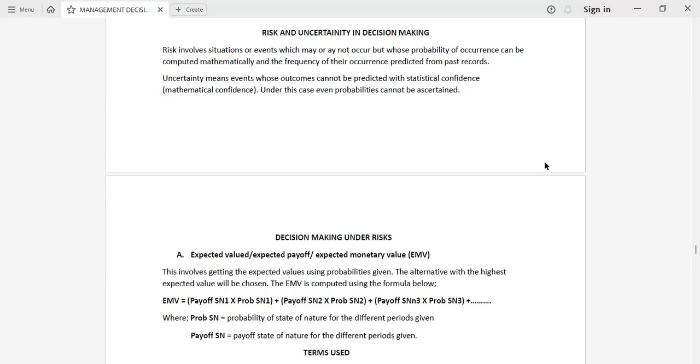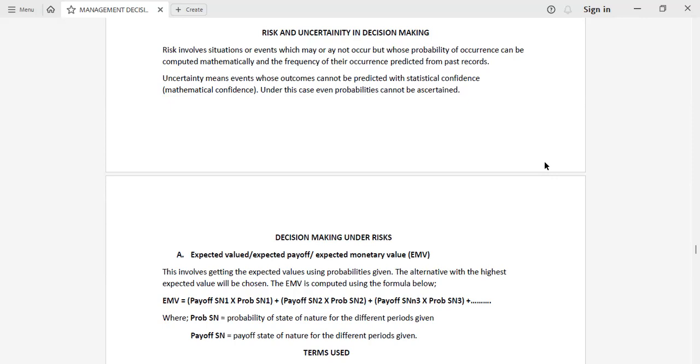So we base on those past events and the probabilities that we've gotten from the facts that we've collected, and we make the decision according to the way we see things, but we have based on the previous performance. But when it comes to uncertainties, you totally have no idea about the outcomes. For example, let's